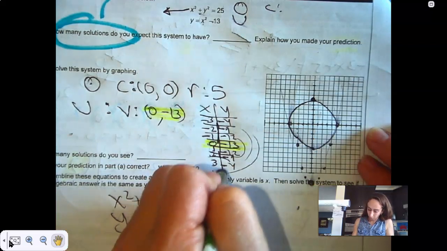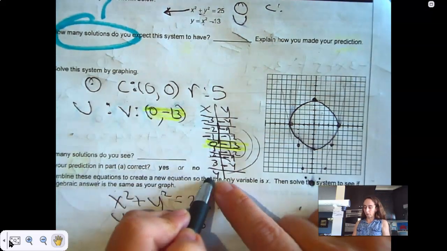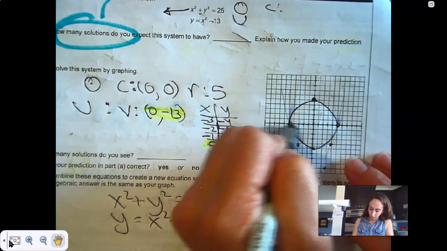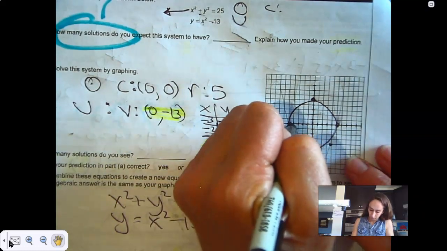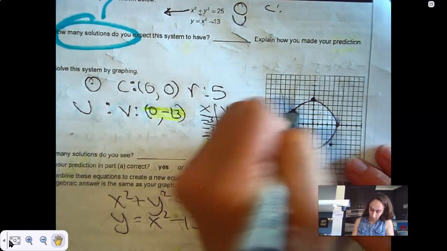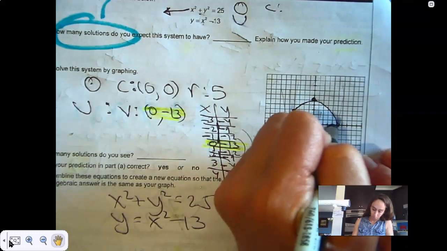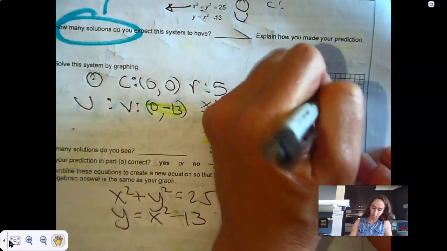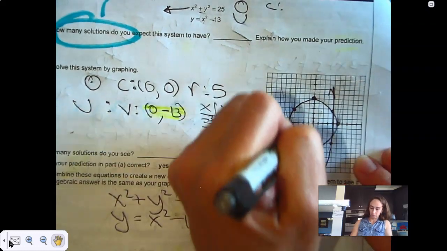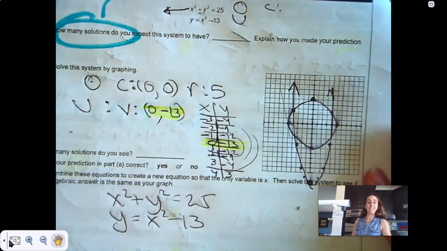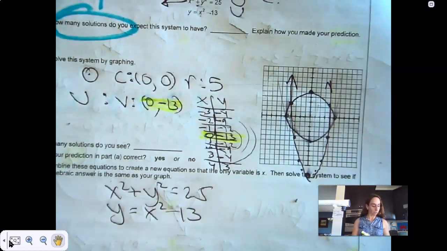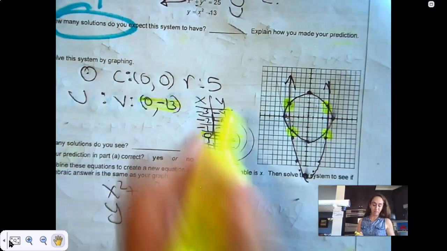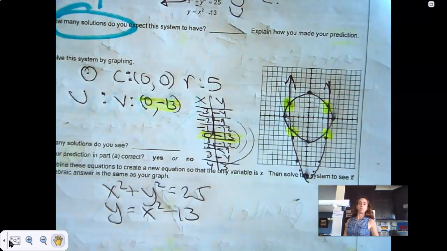So that means 4. So 4 squared is 16, minus 13 is 3. So that means negative 4, 3 and positive 4, 3. This is fake a little bit, okay? Because this is why I don't like graphing unless I have Desmos. So it looks like it's going to touch 4 times, okay? And I feel like they're going to be decimals. They might be whole numbers. I can't really tell. This is why I like to